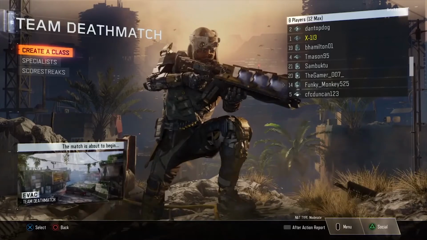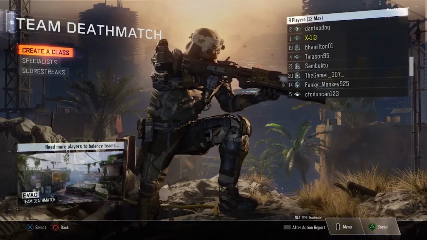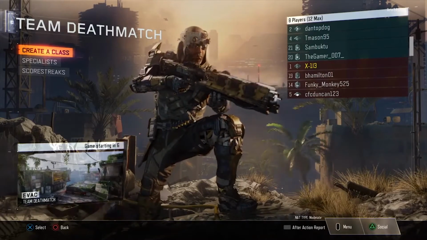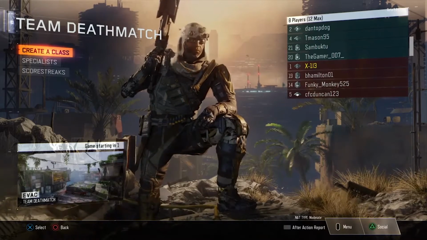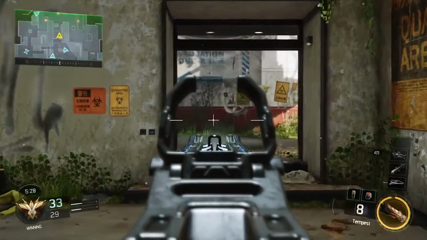Okay, now what I want to do is just quickly go ahead and show you some cool bits that I've cut together from the next match. So it's on the map called Evac on Team Deathmatch, and I just want to show you what the Tempest looks like when it's being used and some other really cool points that emphasise how Call of Duty is changing up their online formula. So to be honest, the only real change they've made here are these new ultimates,